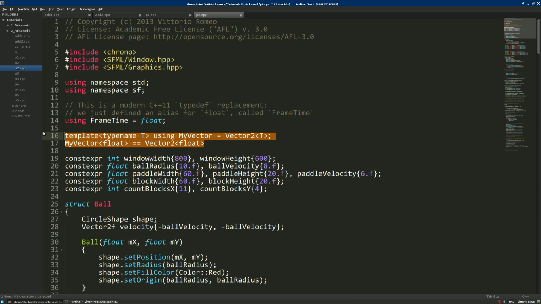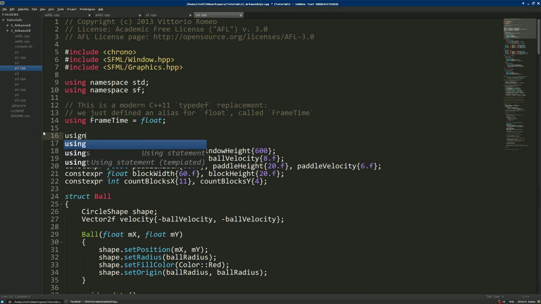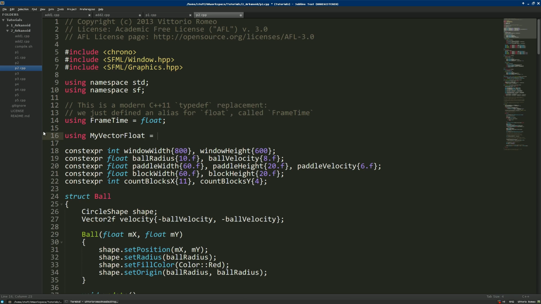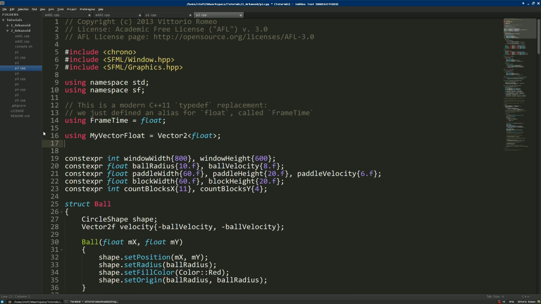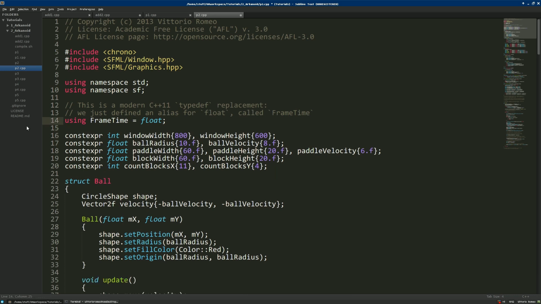And again, you can still use it without templates. You can say using MyVectorFloat equals Vector2 float. So when you say MyVectorFloat, it is the same as saying Vector2 of float. So it's a very useful tool to make your code shorter, more elegant, and more expressive,